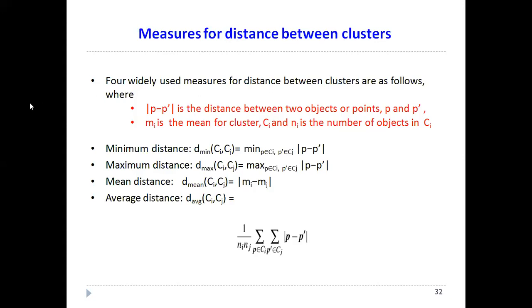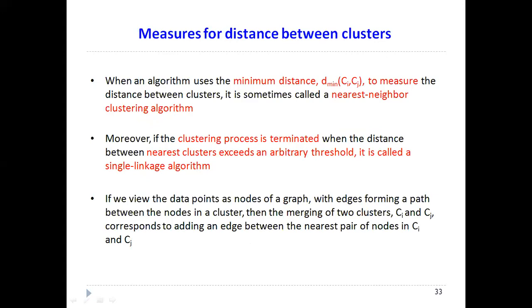Okay, and when you stop the clustering process after it reaches some threshold, you call this a single linkage algorithm. I mean, you say, I want the minimum distance between the points to be, say, 0.5. I don't want any clusters beyond that, and you have that as your arbitrary threshold, and you can call that type of algorithm a single linkage algorithm. So this is a single linkage algorithm.